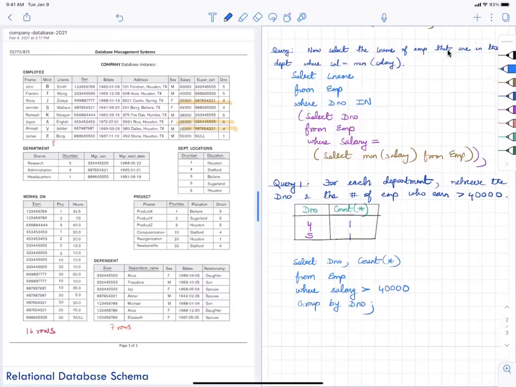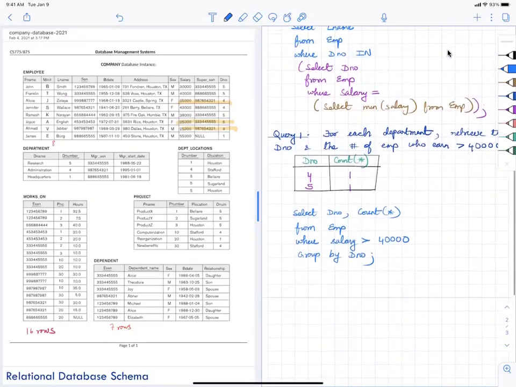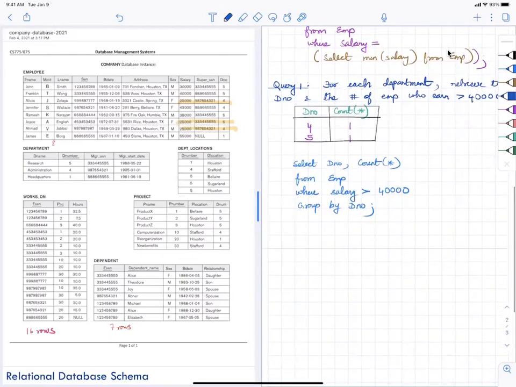Okay, so we've done something similar, I think the same thing, in the previous class, but I'm going to build on this query. So I'm going to do the next query, which is a follow up on this one. So query number 2